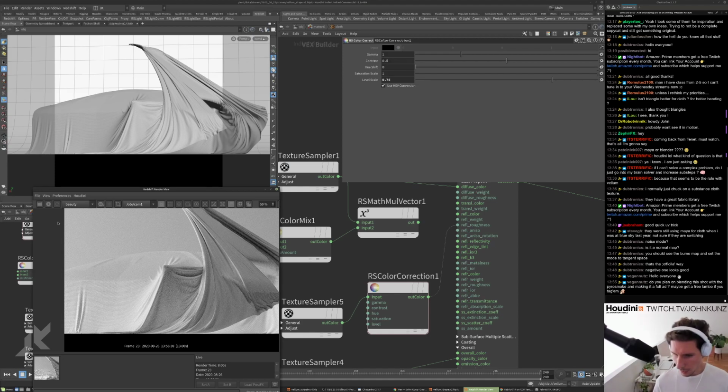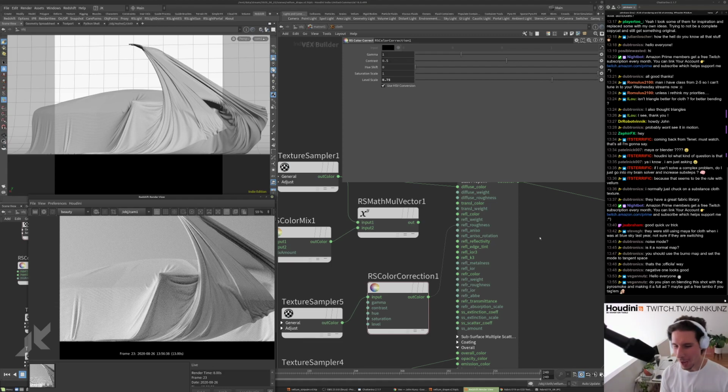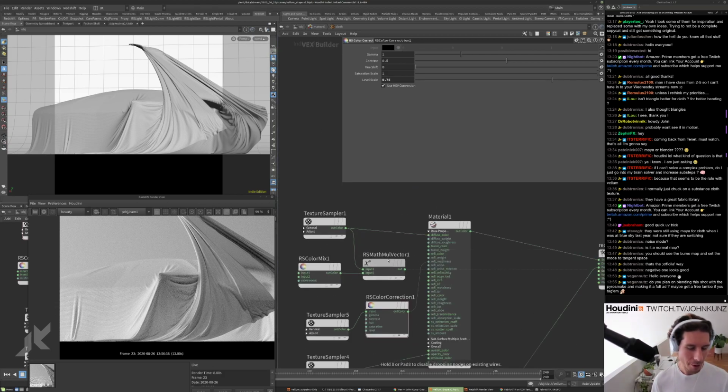Do you plan on blending this shot with the pyro smoke, making it a full ad? Maybe get a free Lambo? The influencer Lambo? I thought about adding this in, perhaps. I'm not really shading it right now or anything like that. I'm just doing this more of a demo, but yeah, if I was to add it in, I